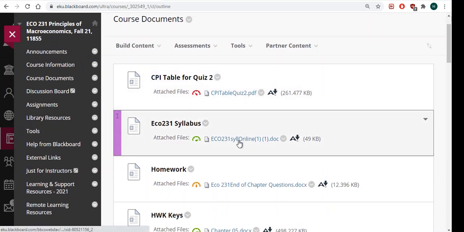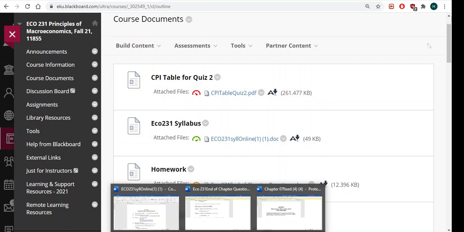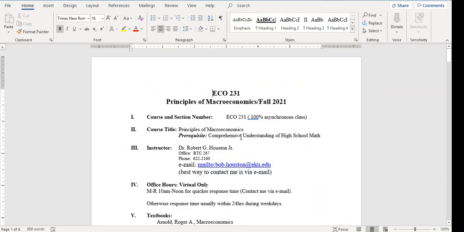click on the syllabus, and you should get your syllabus to pop up. I'm still editing this as well, so there might be some things that change a little bit or look a little bit different when you get it. But again, a few things to point out. You can read through this on your own, but a few things to point out: this class is 100%